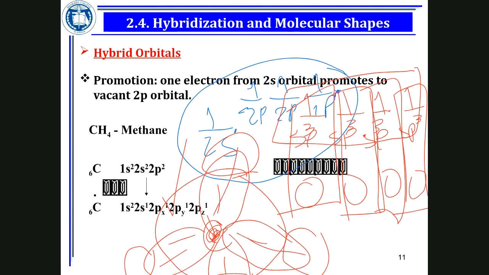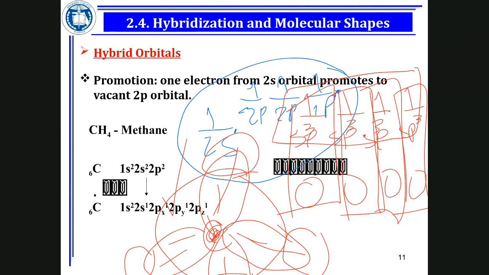Orbitals, each one has 1 electron. If you take 2 balloons, fill them up with air, same size, and knot the ends of the 2 balloons together, what would be the most stable? What would be the best way that they are going to stay or align with respect to each other?